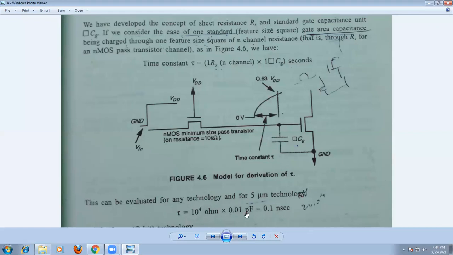So from this equation, like this, you can calculate the tau delay of the device, depending upon the resistance. And the signal is given to only one transistor, so 1 square CZ we require here. So 0.01 picofarad. Totally the delay is equal to 0.1 nanosecond. Similarly,